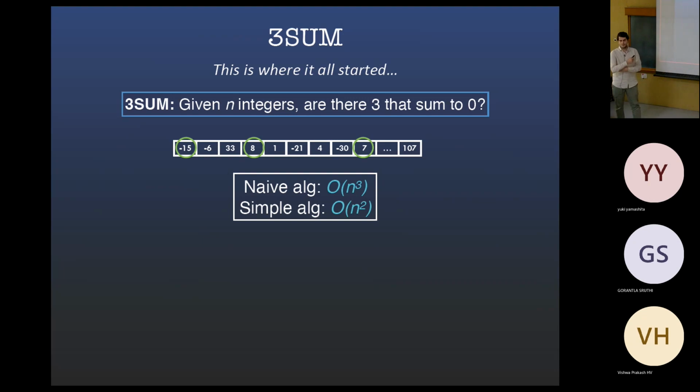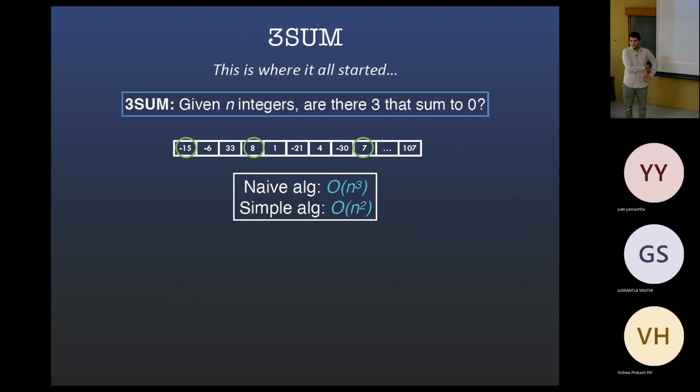So what is this 3SUM problem? You get n numbers, and you want to find 3 that sum to 0. Numbers, you can think of them as integers. Originally, they thought about them as real numbers, but now we just look at the integer case. It's simpler, gives more results, and so on. Equally hard as far as we go.